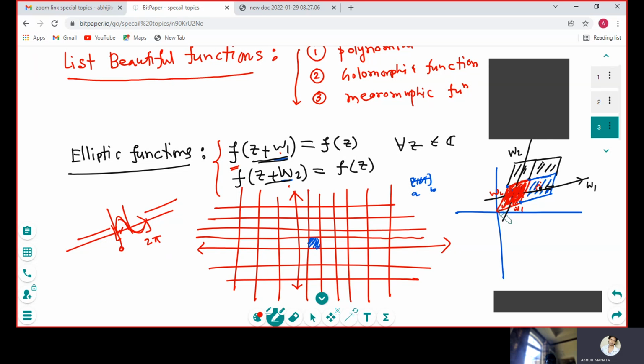So if something is differentiable at every point on a domain, it is called a holomorphic function. And if it is defined on the whole complex plane, it is called an entire function. Now here is a nice theorem, Liouville's theorem: if some function is bounded and entire, then it must be a constant function. And we defined here the elliptic function. So far we covered the complex valued function and elliptic function.